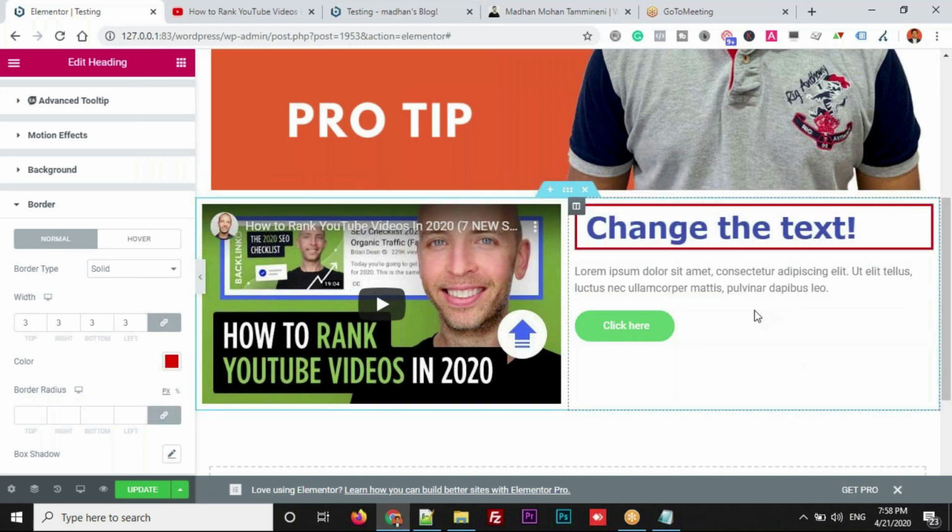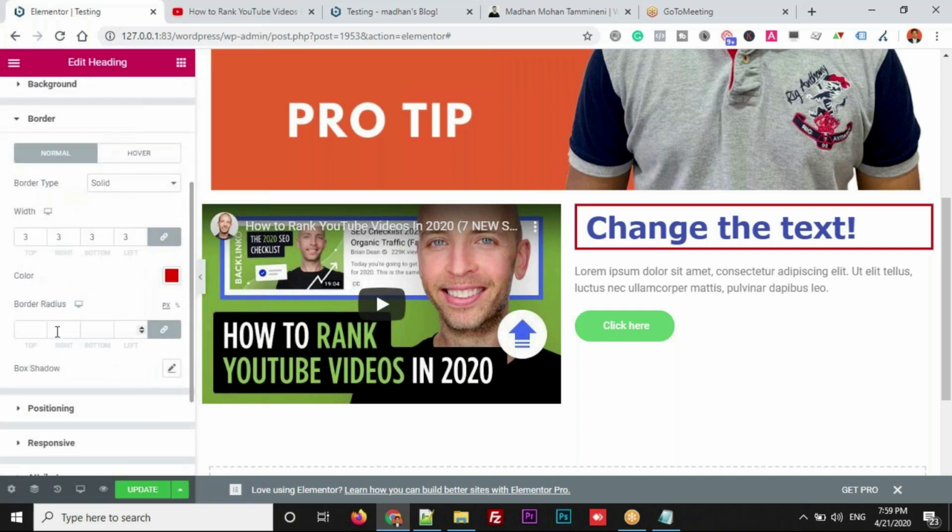If you want to make it round like this, see this button, the edges are round, right? If you want to make these edges round, that is technically called border radius. So if you want to make it curved, see this, there is a border radius available here. Same, just increase the numbers. All four sides, if you want, you can go this way. Observe the edges here. I'm just increasing this number. See the edges turn out to be curved.